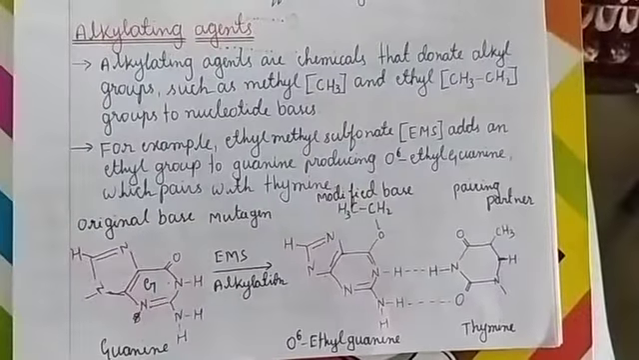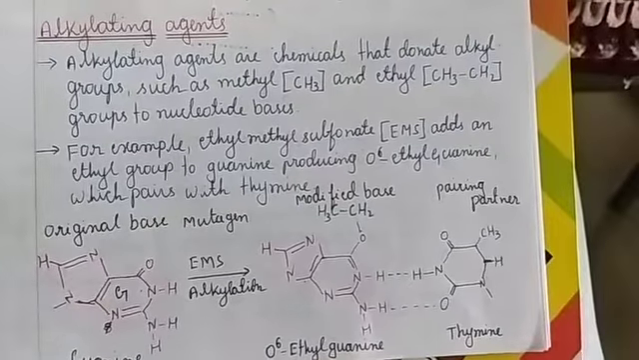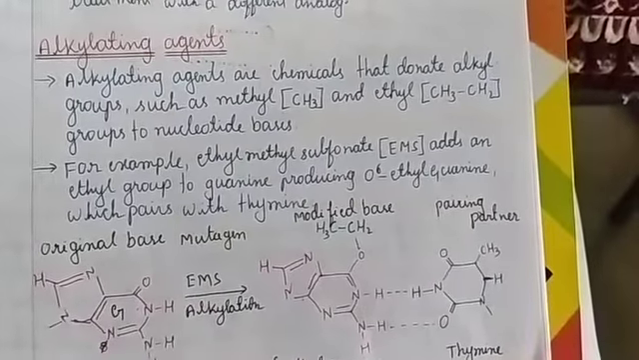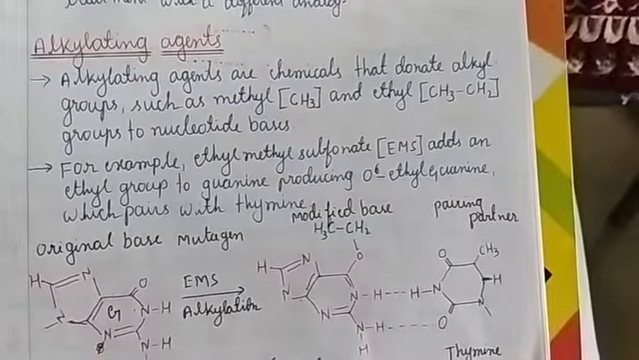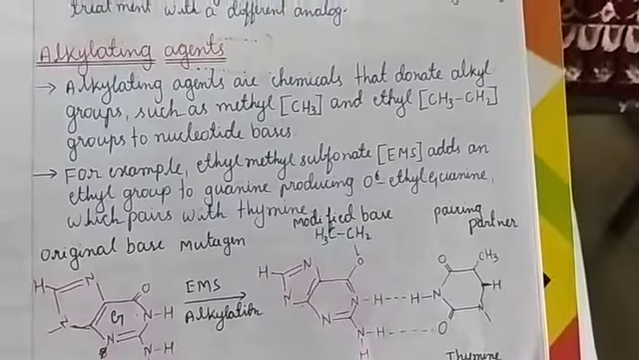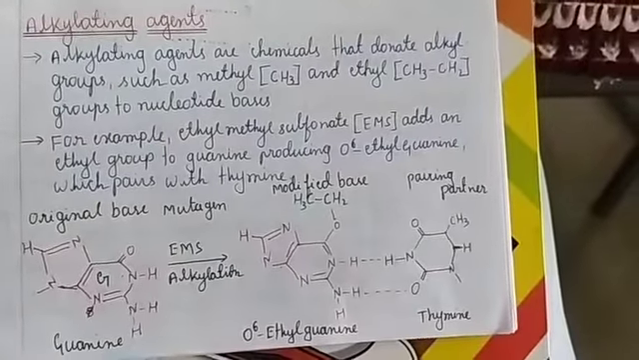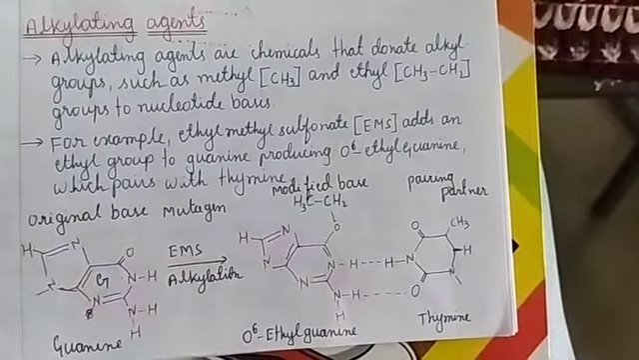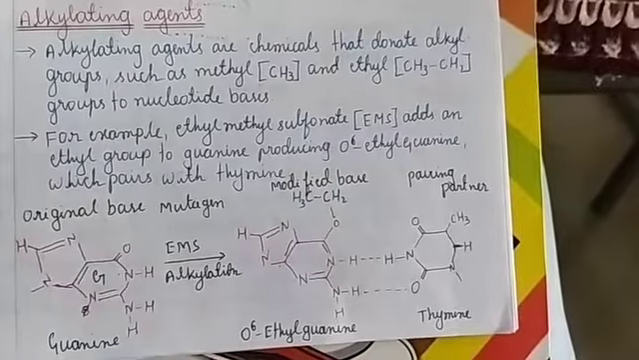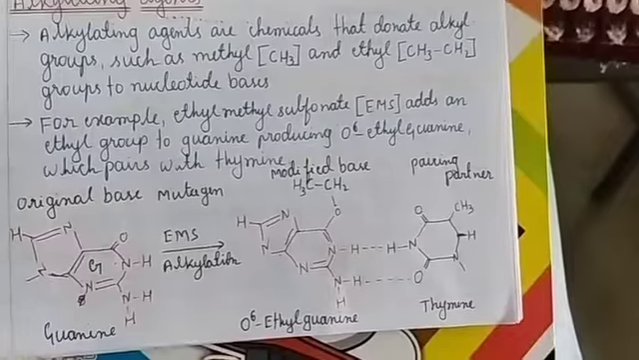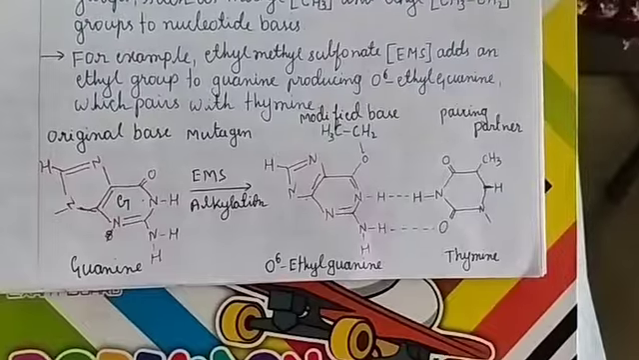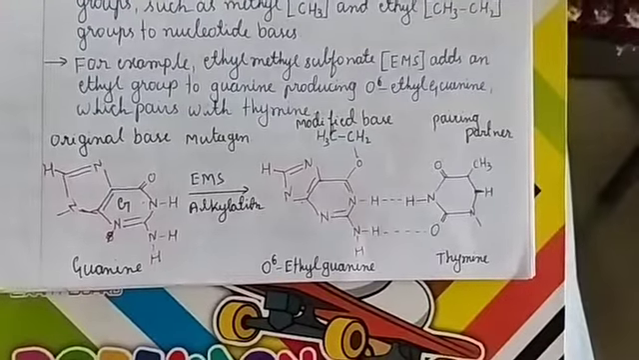Next, some other kind of chemical agents which bring about induced chemical mutation are alkylating agents. Alkylating agents are chemicals that donate alkyl groups such as methyl CH3 and ethyl CH3CH2 groups to nucleotide bases. For example, ethyl methyl sulfonate, that is EMS, adds an ethyl group to guanine, producing O6-ethylguanine, which pairs with the thymine. See here in the diagram, original base is guanine, and when it reacts with the mutagen ethyl